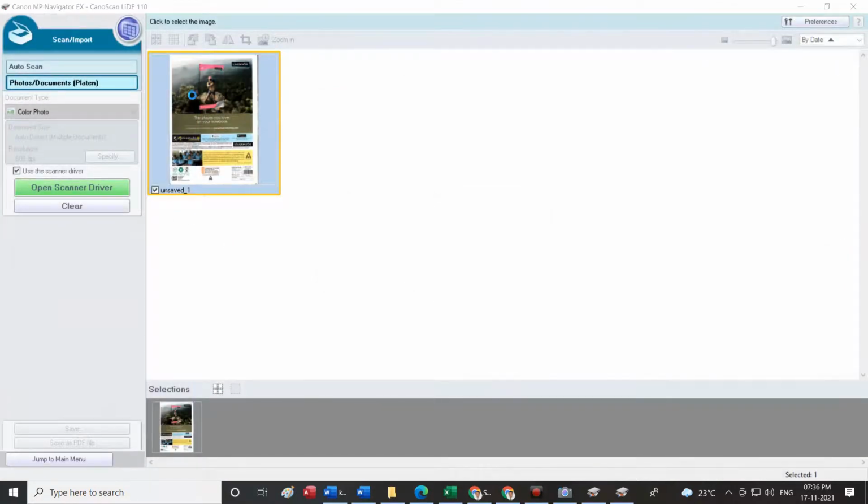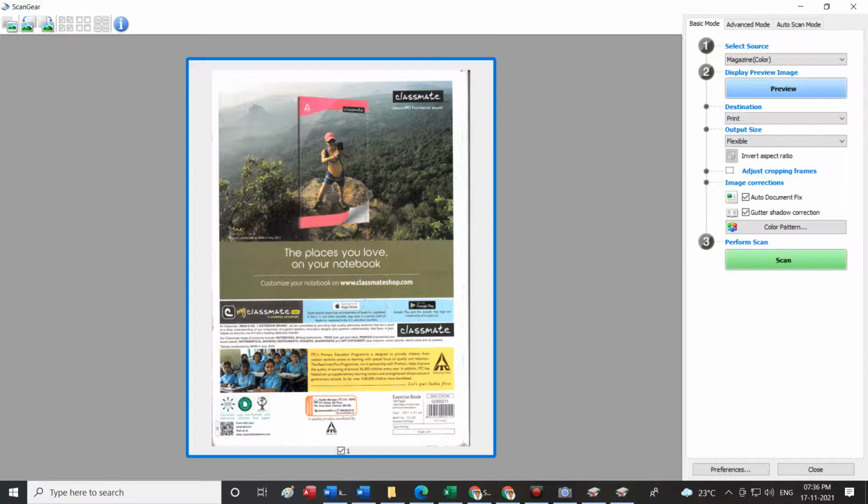Okay, this image was scanned. Now again I can go for another image and I will say scan.